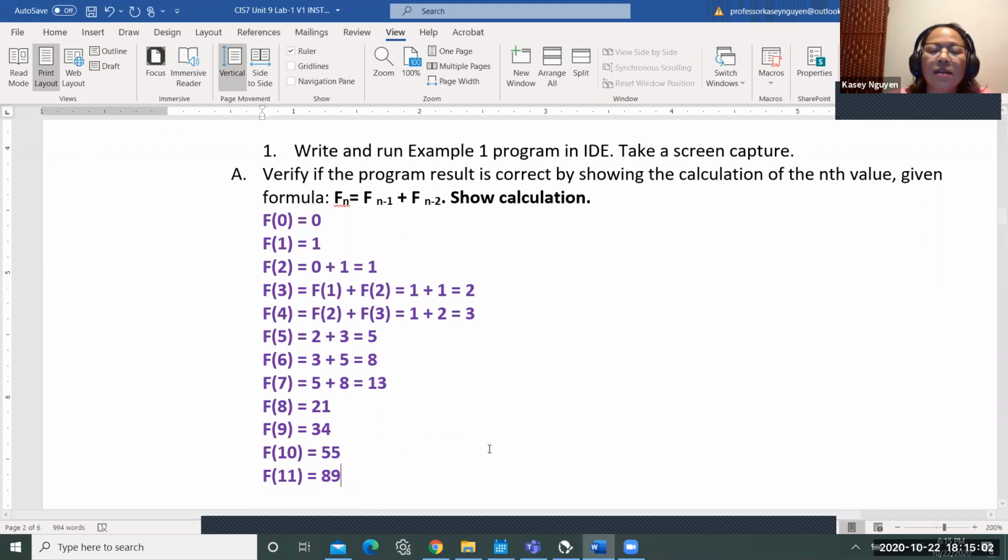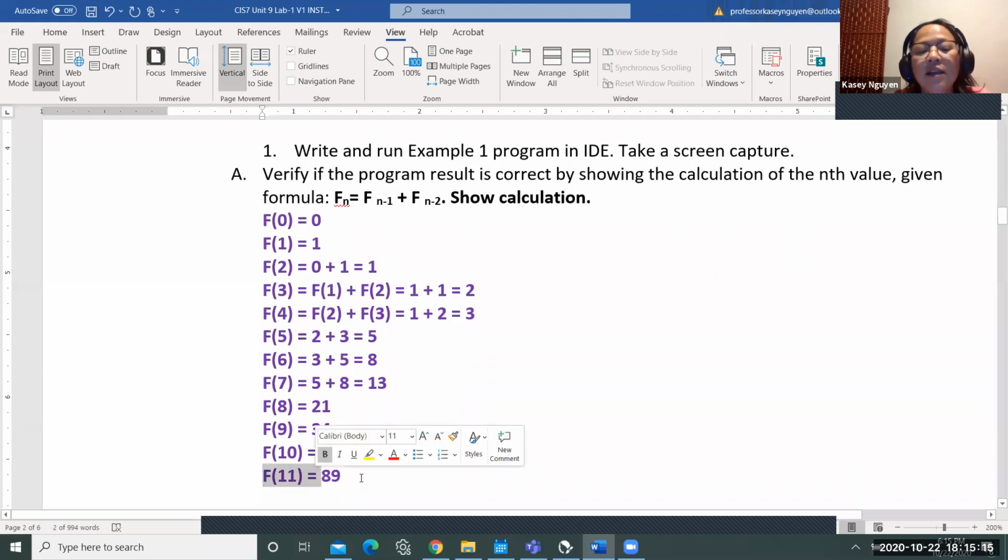Okay. So for the first exercise, for example 1, after we run the program, we want to calculate the value for f of 11. And you do see people post calculators for sequences like the Fibonacci sequence, Lucas sequence, etc. online. But I want you to understand how that sequence is created, right?